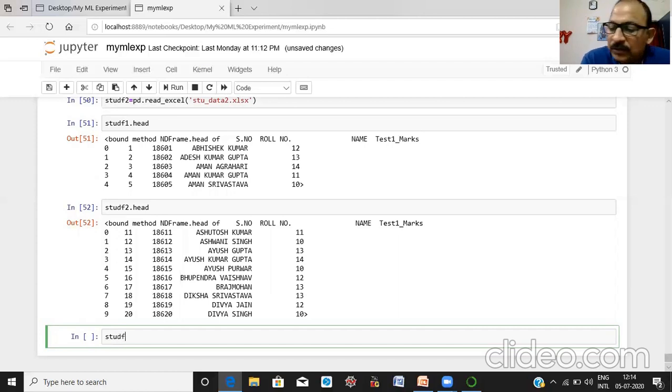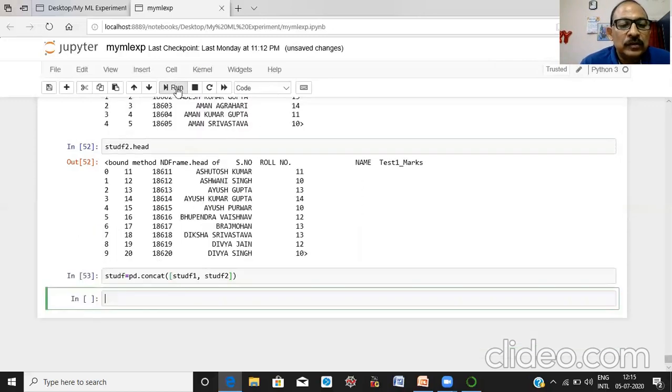Our new data frame is df, using concat, df1 and df2. Run it.